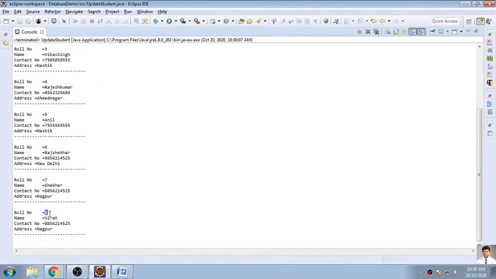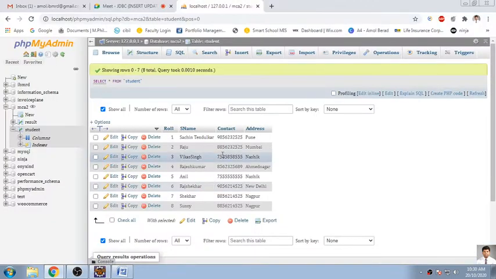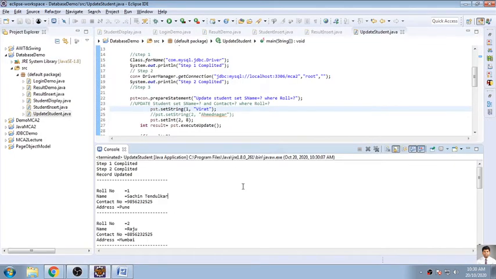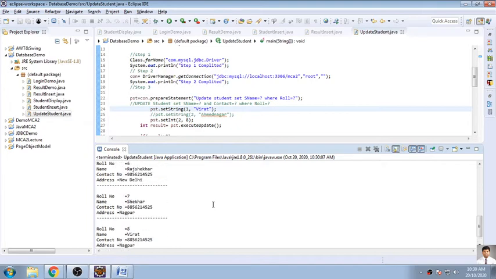So roll number 8 will be updated to Virat. So this is what we have done as far as update is concerned. Are you clear with this updation? Whereas this second query, how it is not accepting, I will check what error exactly is coming, and that will be sorted in tomorrow's session. Now we'll move to deleting a record.